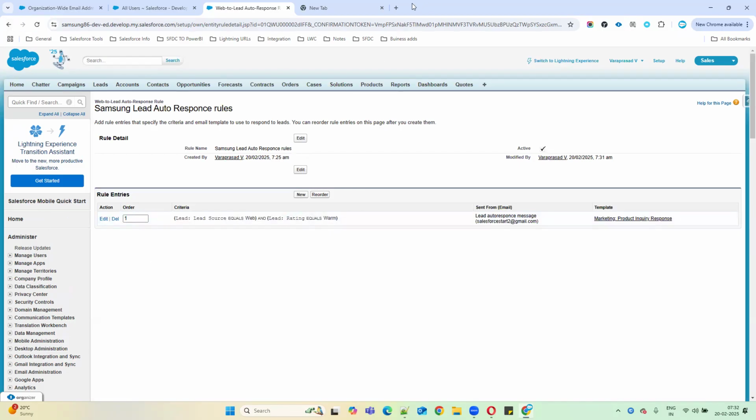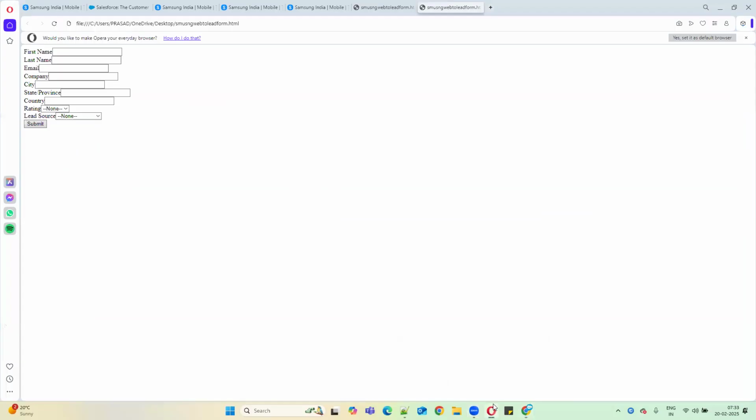Hello? Yes, sir. Now, to test this functionality, what you can do? How to test this functionality? This auto response rule will work only with the web to lead functionality. Okay, web to lead, web to case only. So already yesterday we have created a web to lead form, right? Open that web to lead form here. I'll give a